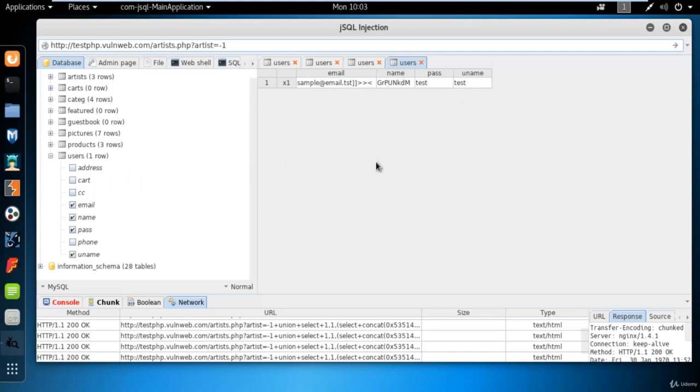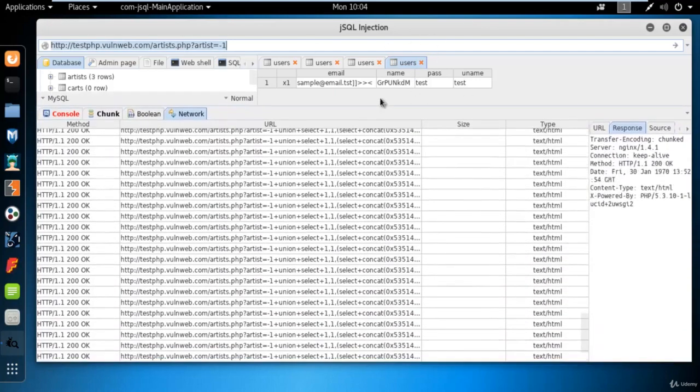So you can see that jSQL Injection is a really easy tool. You are doing nothing. You are just copying and pasting the link inside this, right? And then you are trying to run this command, and you can find information about the table names, columns, database very easily. Whatever column data you need, just click on that column, right click on the table name and click on load, and you will find information right here.